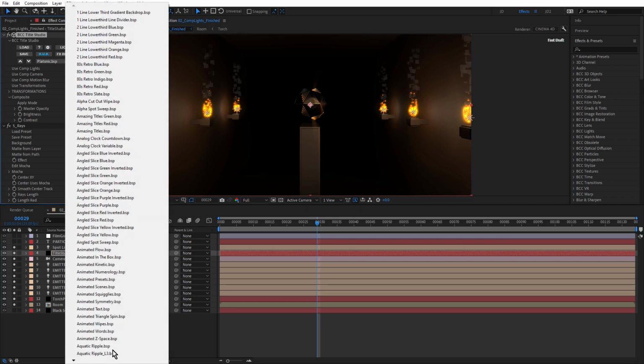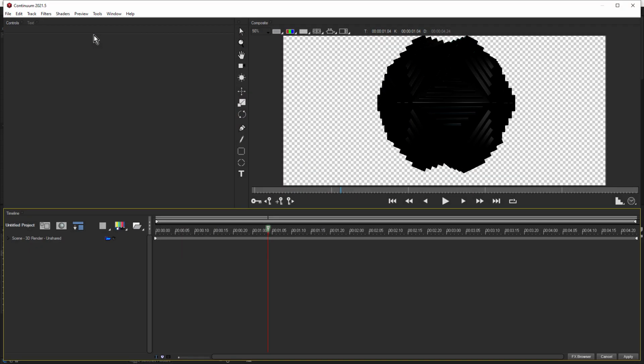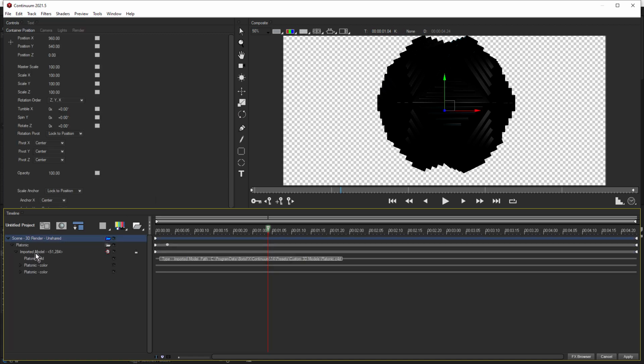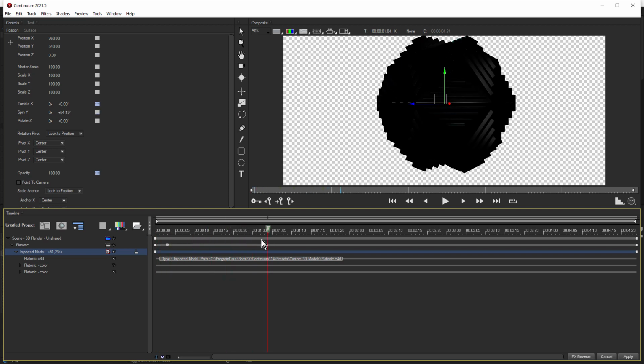There's a bunch of different presets in here. Let's just click to launch the UI, take a quick look. So I used the Platonic preset and just deleted a few layers, just leaving me with this one Cinema 4D object. Just twirl that open and select the imported model. So this is a Cinema 4D model, and I've added a couple of keyframes for spin Y, just to have that spinning around in the scene.